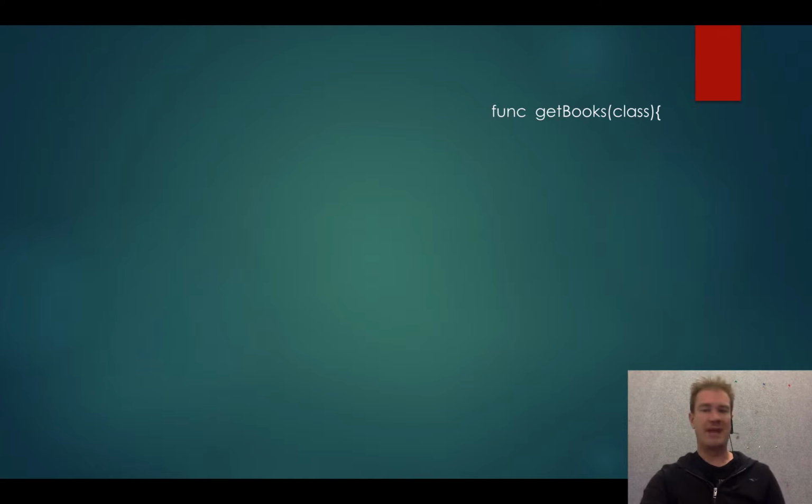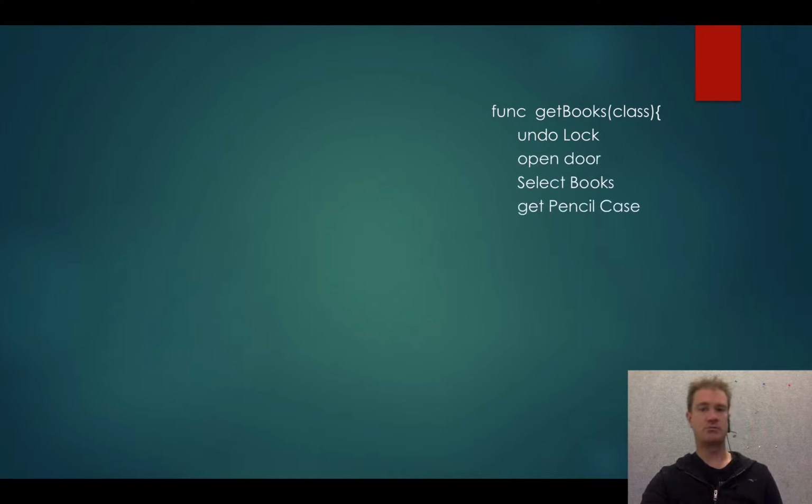But we might want to add some complexity to it. We might want to go, look, we go to different classes. So it's going to be slightly different each time we get our books. So this time we're going to send a variable called class to our method. And when we do that, we write the method func getBooks, and then in the brackets we place the variable that's going to be received. So it would be class. This time we go through the same process, undo the lock, open the door, select our books, get our pencil